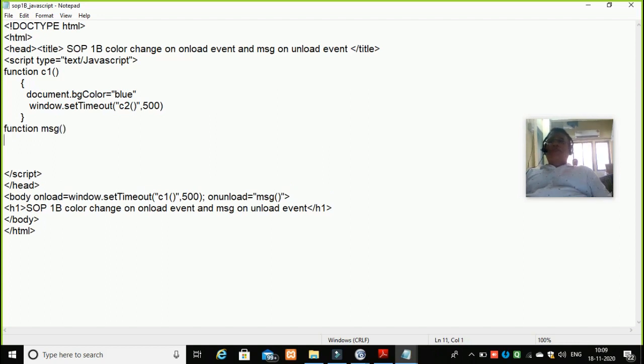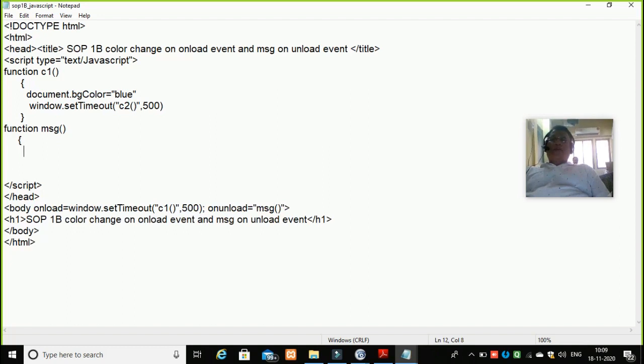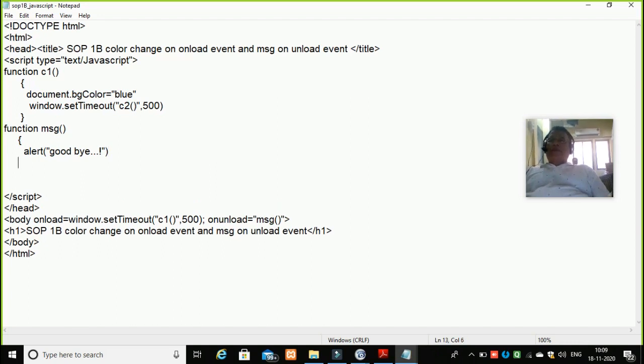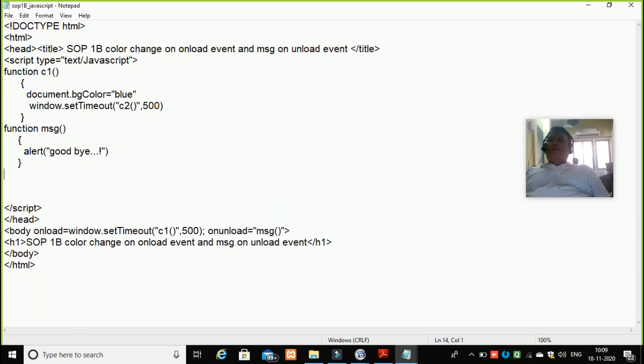In this function message, I should write alert, and we'll say goodbye. Close this, close this also. Now my script is over and ready for the testing.